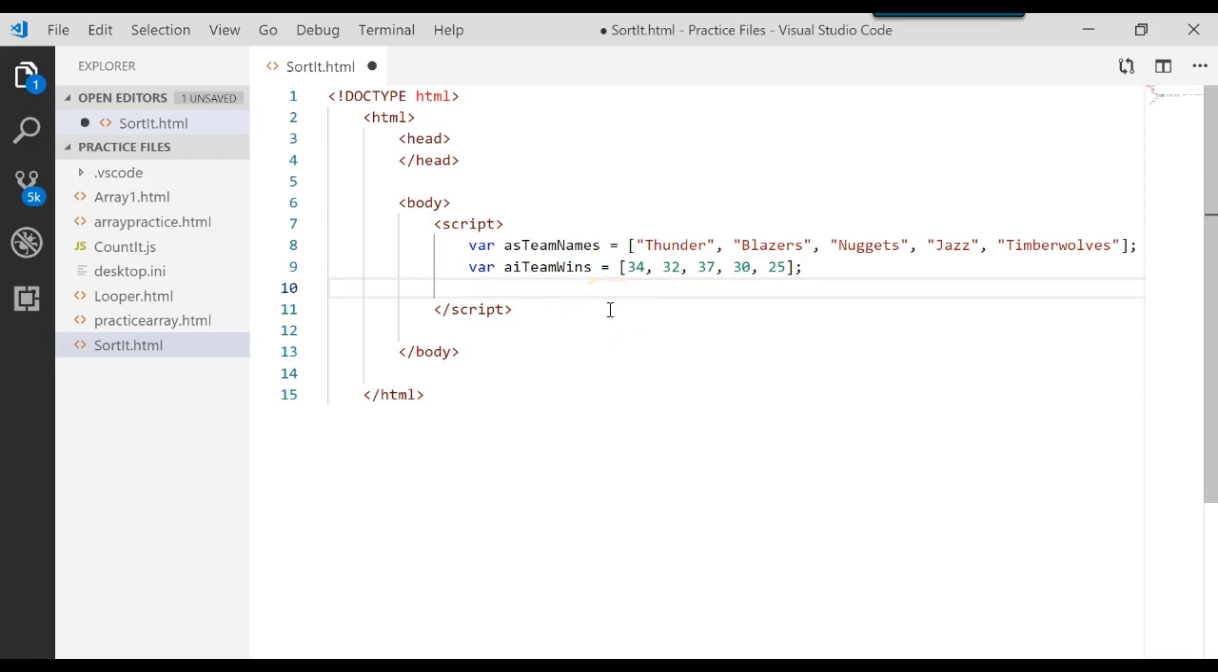Now I could have just come in and sorted that and said asTeamNames.sort to do an ascending sort. But if you ascending sort this array, you'll see Blazers, Jazz, Nuggets, Thunder, and Timberwolves. But this is not automatically linked to this array. So that wouldn't work for us. And if I came in and just did a sort on aiTeamWins, and I could have said .sort and used what we call an arrow function, this would just sort this array of numbers in ascending order, but it wouldn't do anything with this array. So what we need to do